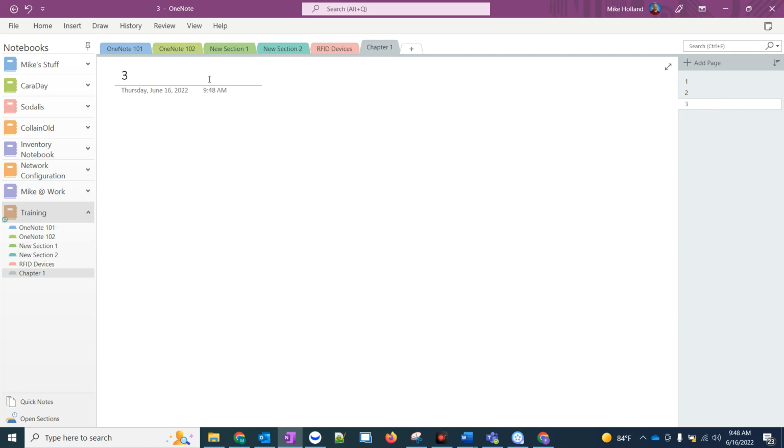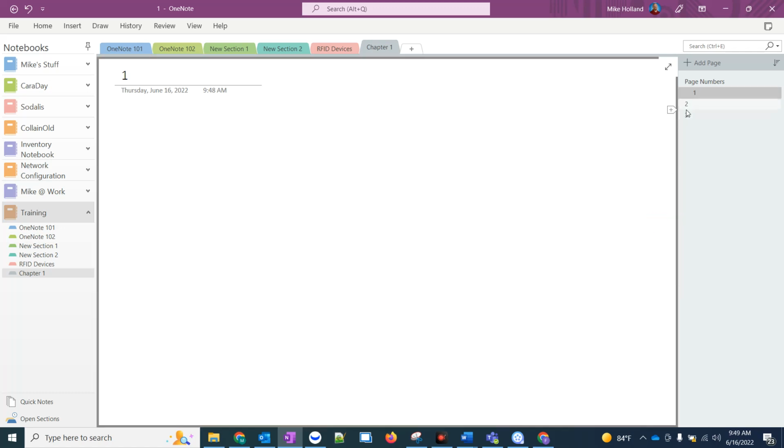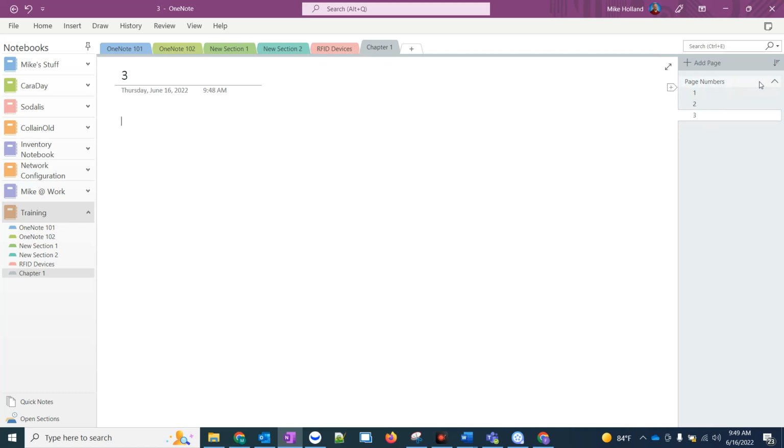I can label these 1, 2, and 3, make it easy. I can come up here and add a page and I'll just call it page numbers just for example's sake. And then up under the pages, I could keep these a little bit more organized. I can right click on it and say make subpage. Right click, make subpage. Right click, make subpage. Now, as you see here, whenever I hover over page numbers, it then easily shrinks down. Now that right there is extremely useful for